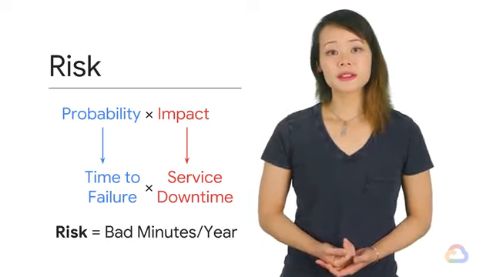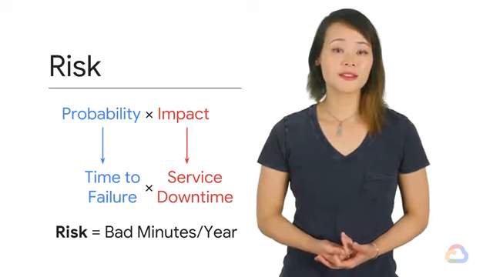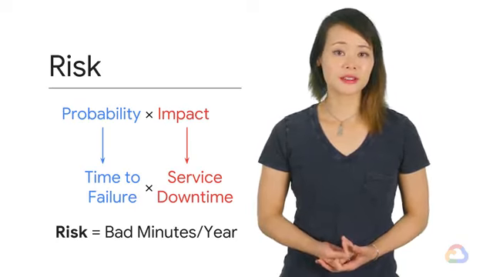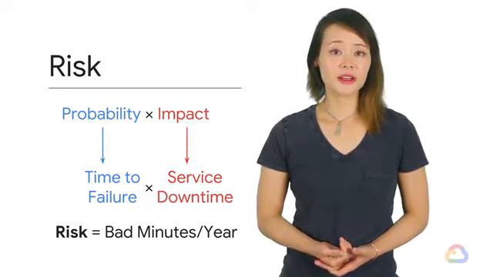From these numbers, we can derive an estimate of the bad minutes of error budget we can expect with each risk to burn over the course of the year, a number that is directly comparable. We consider such a long time horizon for the error budget because many of the risks to distributed systems are rare but catastrophic. We might estimate that it will be 5 years or longer between events like the accidental deletion or corruption of a serving database. But if this does occur, it could well burn multiples of a monthly error budget. Comparing against a yearly budget helps smooth out the effects of these rare events.